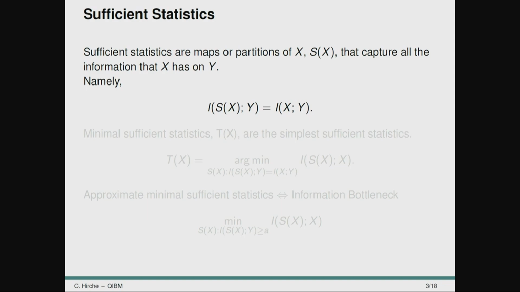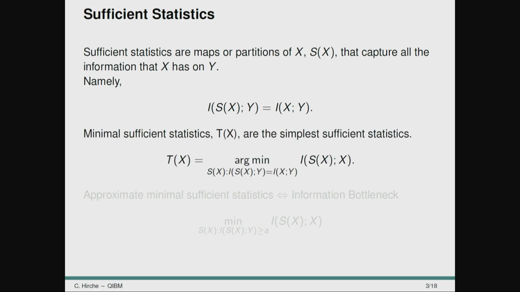Now, of course, lots of maps do that, so this is in particular not very useful for machine learning. What we want to have optimally are minimal sufficient statistics. A minimal sufficient statistic is a very similar thing. What we had in the first equation is now a condition. We want to find a map that preserves all the information, but at the same time throws away as much information about x as it can, so it gives us a very efficient representation of x.